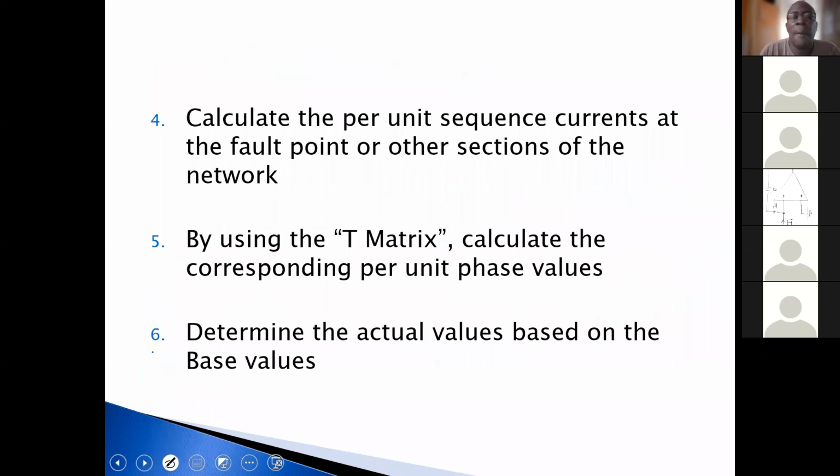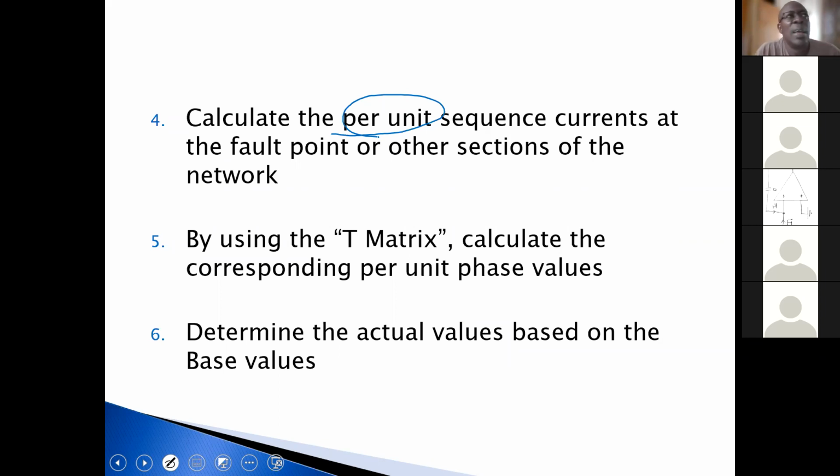The next step is that you now calculate the per unit sequence currents. Note, and why per unit? Because you would now not have the encumbrance of the transformer windings, yes? So everything is done in per unit. We don't know anything about actual units until we are finished. So you calculate the per unit sequence currents at the fault point or any other section of the network that